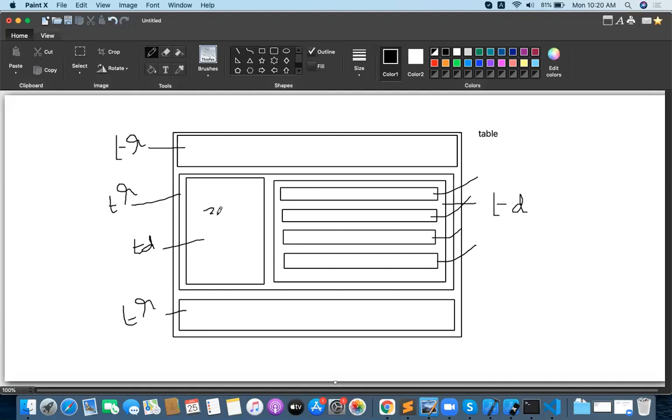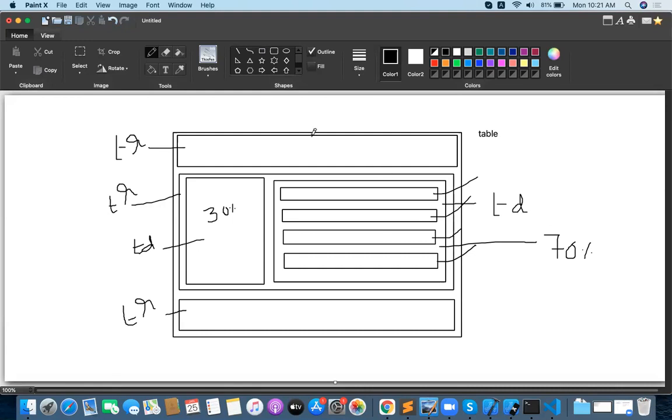For this column you provide 30%, and for this column you provide 70%. How to provide these percentages? Very simply, we can design with normal attributes only. Instead of writing CSS, you design this template in a simple way. I will explain it with a small CSS for this template.